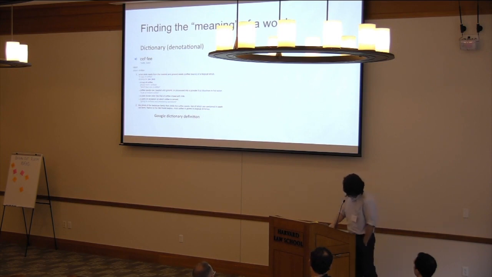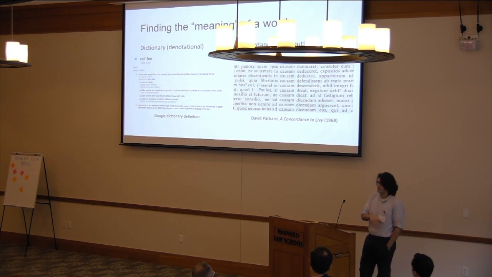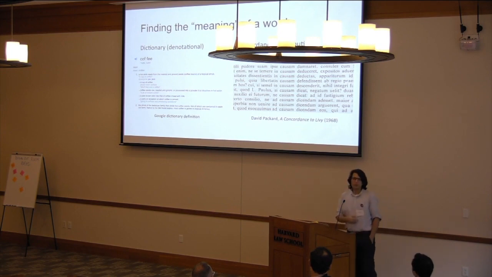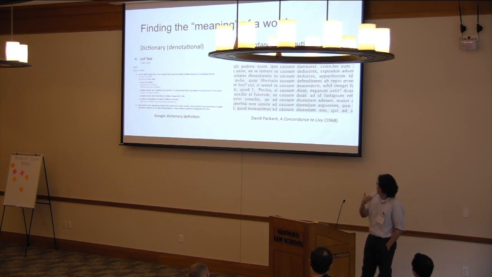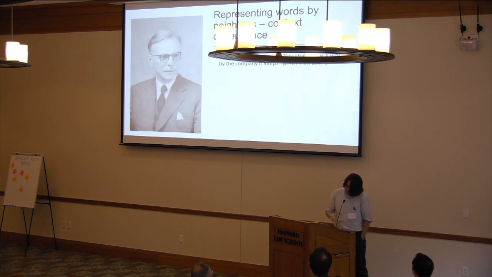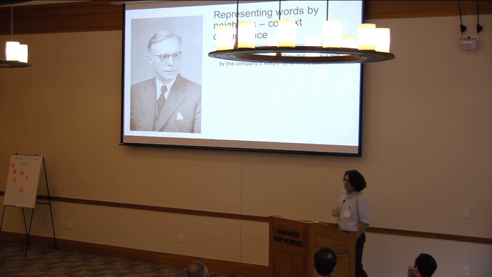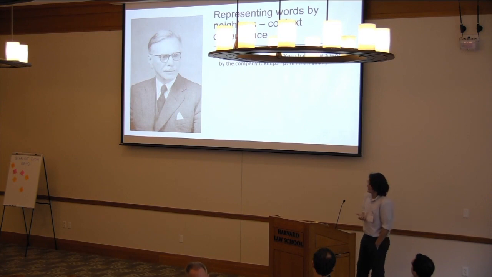Now, another way, which is what Word2Vec essentially builds on, is this idea of relationships and context. This is based, rather than on a dictionary definition, on the idea of a concordance, where we look at every time the word is used, and then we see, okay, maybe this word had something to do with this other thing, and so on. Now, this is a theory in linguistics called distributional semantics, that I'm sure all of you have heard of. You shall know a word by the company it keeps.